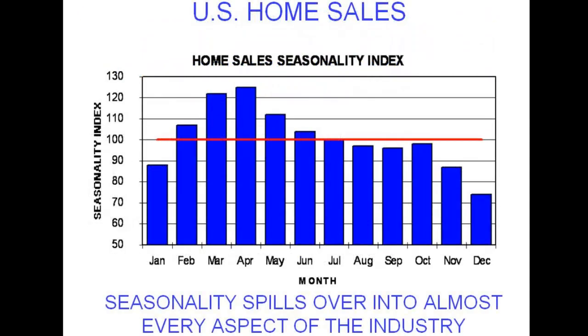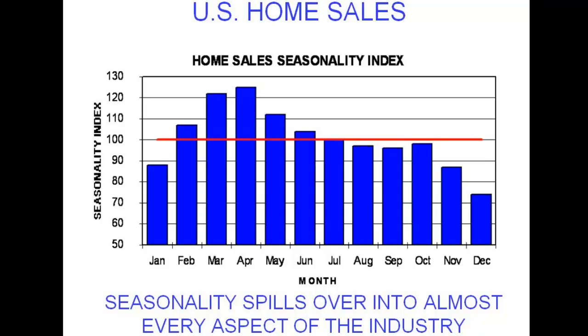First, we'd like to frame this discussion with a look at U.S. home sales and the seasonality. Anyone who's worked in the sales department of any of the builders or in sales support recognizes how different buyers behave during the course of a year. Everyone has recognized that really the fourth quarter of the year has tended to be very slow. Buyers are also slow to get started in January of every year, but come the spring selling months, people get out and they start to look for homes and they try to acquire a home and get into that home sometime during the summer months so that they'll be there when school starts in August or September, depending on where you are in the country.